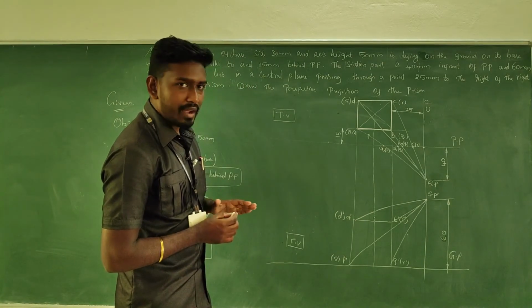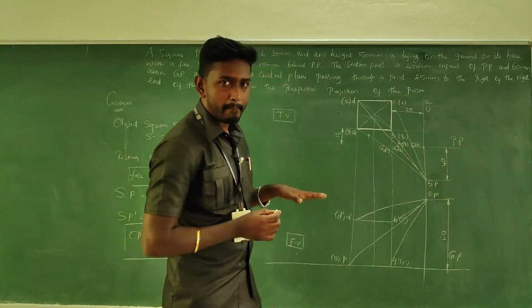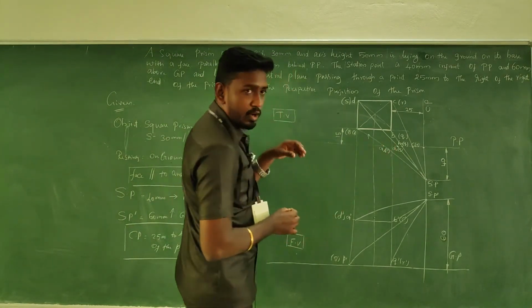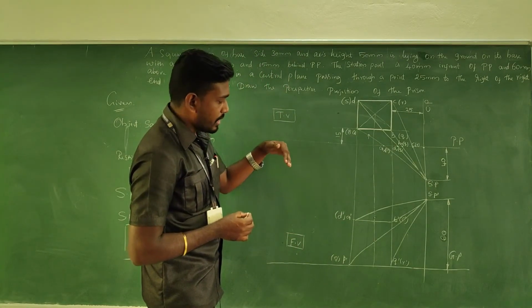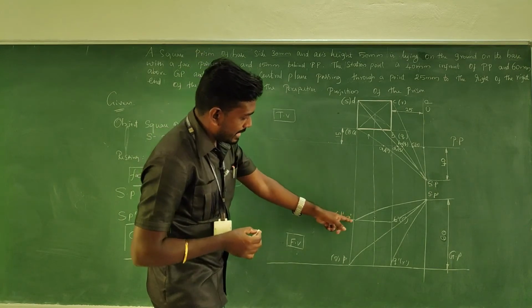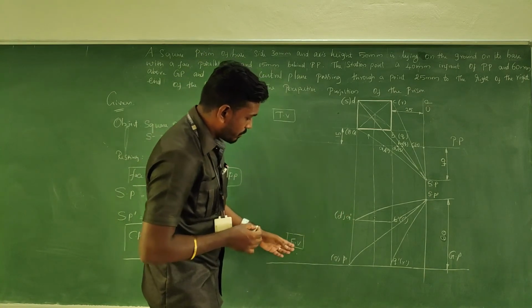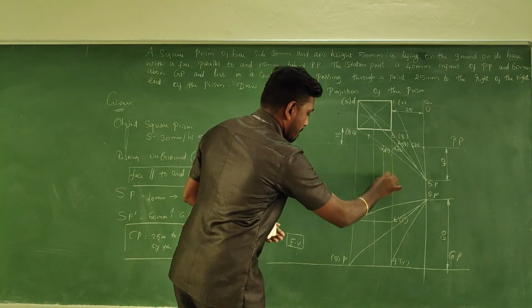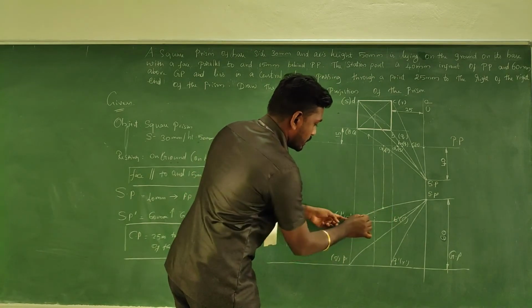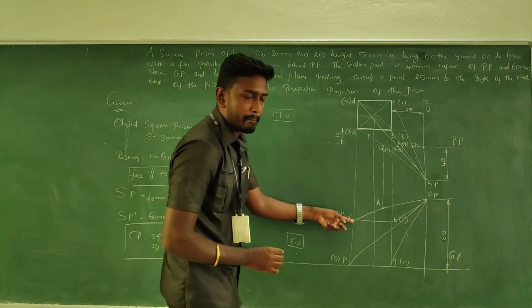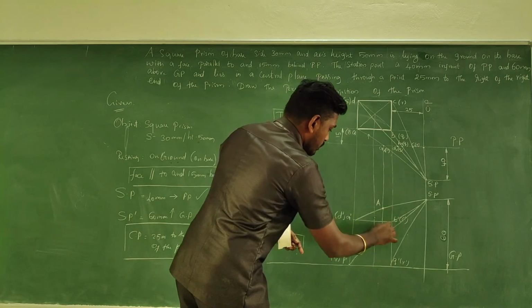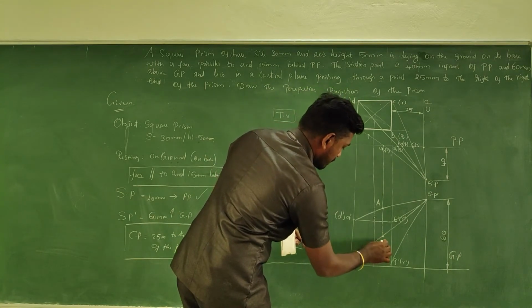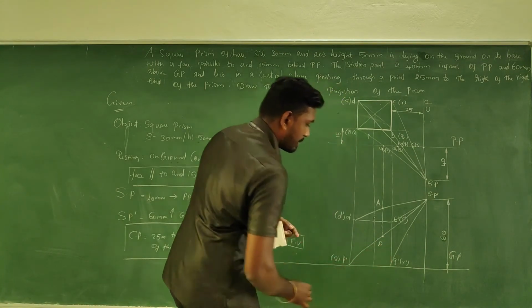So the next step is, after finding the break-even points on the PP line, we have to take the projector lines. From A, I am going to take the projector, and we have to see in which place it is intersecting with the visual rays coming out from the front view. So when you are taking the projector line, A is coming and the A visual line is meeting at this particular place, so this would be your A. In the same line P is coming, so just drop it with the same 90-degree line. The P visual ray is here, so it meets at this particular place, so this would be capital P.